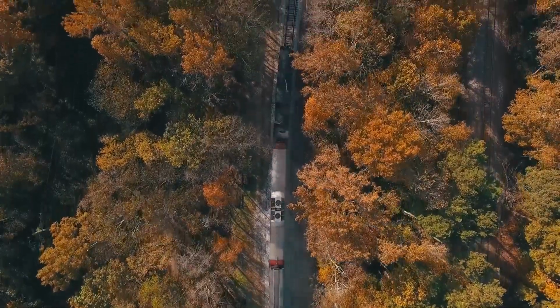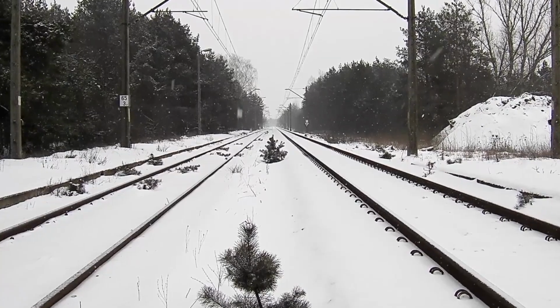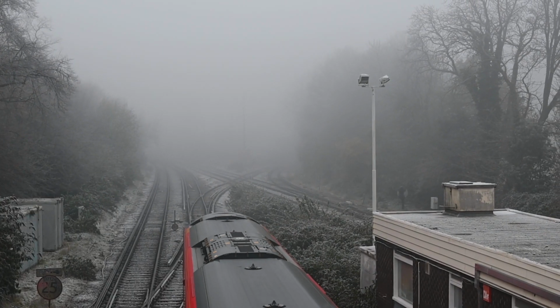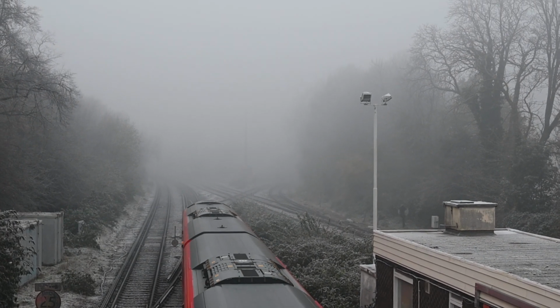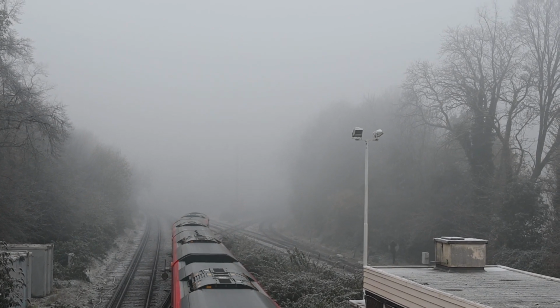Train delayed again? Is the weather to blame? The railway is subjected to all the worst things Mother Nature can throw at it, and sometimes Mother Nature gets the win. From the cold of winter to the heat of summer, each season brings its own challenges, but some definitely more than others. So let's take each season in turn and help you understand why your train could be